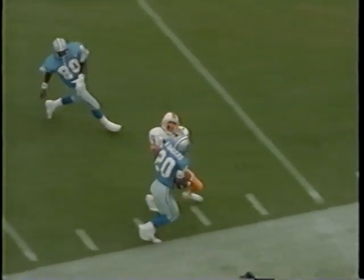50, Barry to the far side, 40 to the 30. Barry is going to be tackled inside the